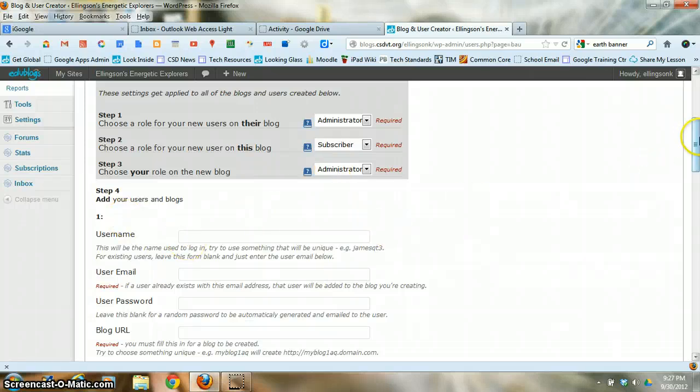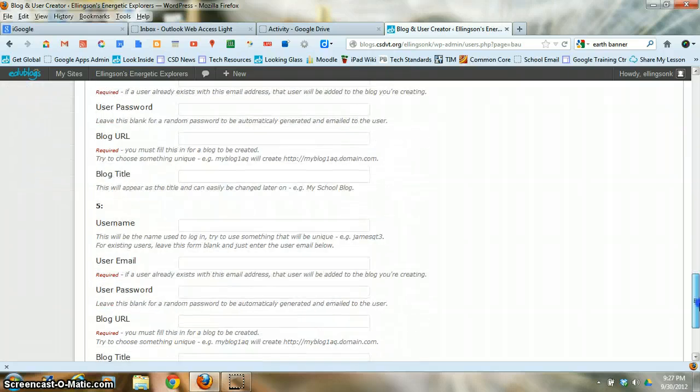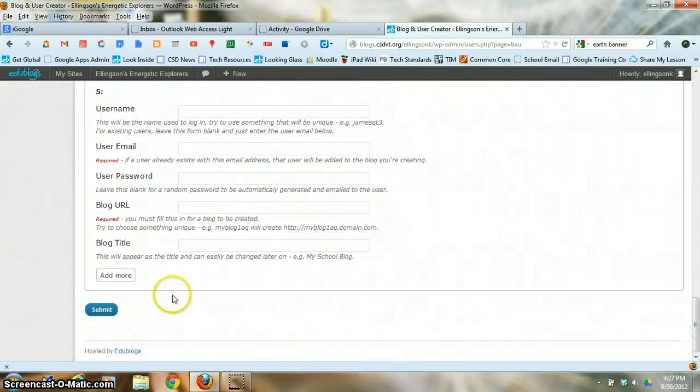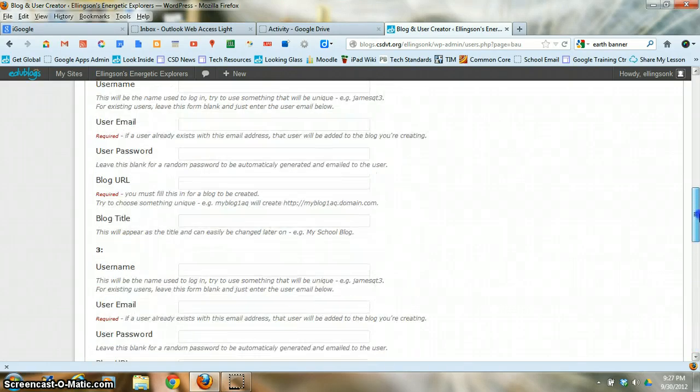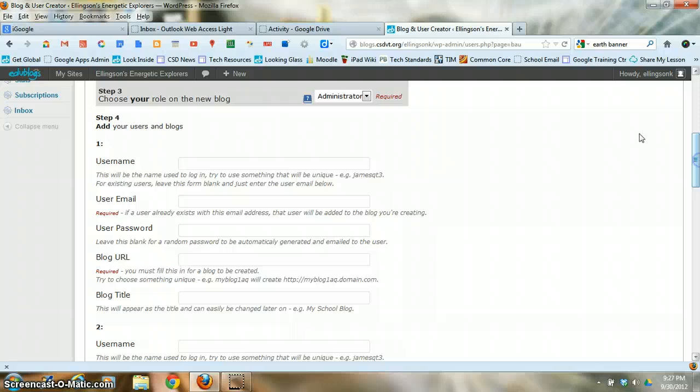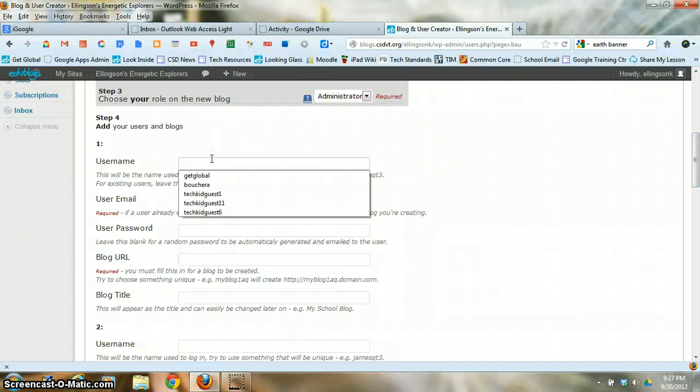The next part is pretty straightforward. You can add blogs in sets of 5. You can click the Add More button if you want to add more, but I like to do them in sets of 5. I'll slide up here, and